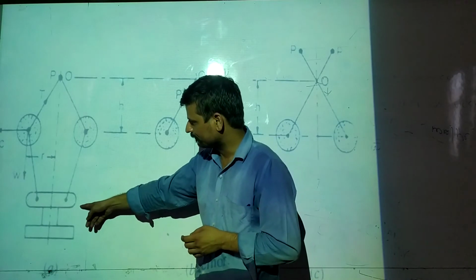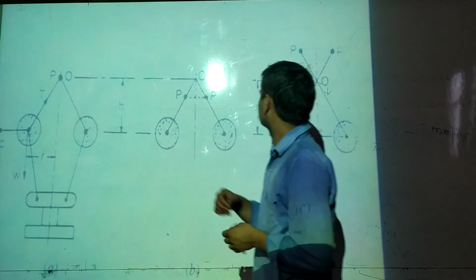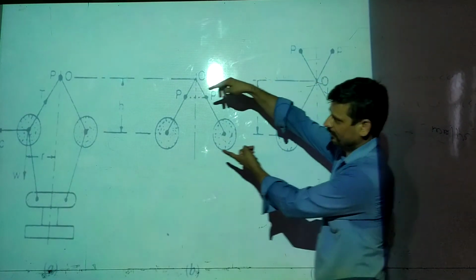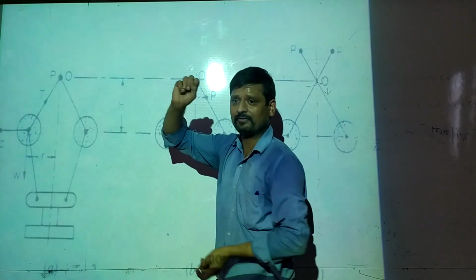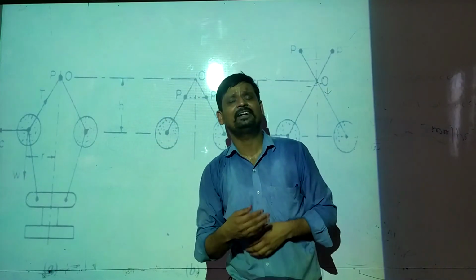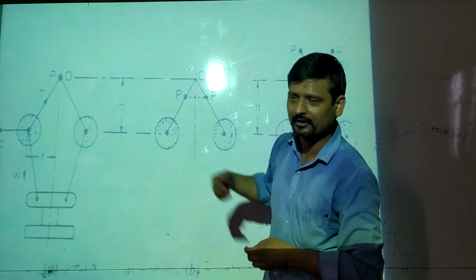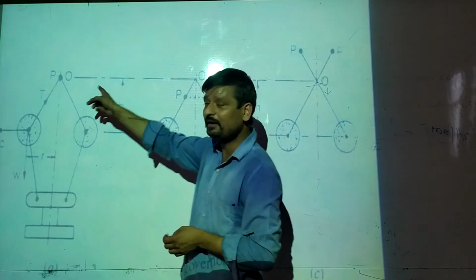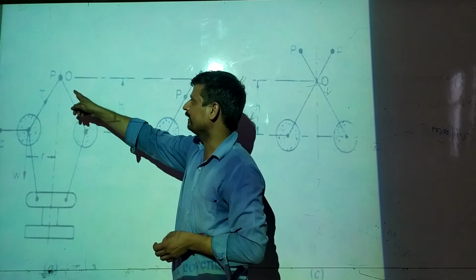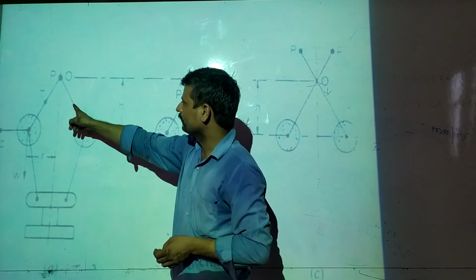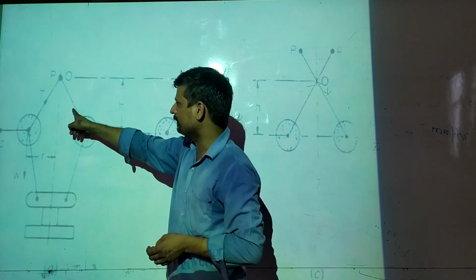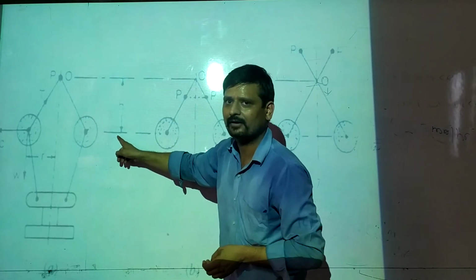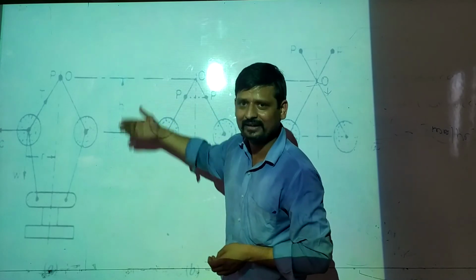This one is your sleeve, and this H is the height of a governor. So what is the height of a governor? It is again one of the terminologies of a mechanical governor or Watt governor. Height of a governor is a vertical distance. Remember, it is the vertical distance between the intersection point of the arm and spindle axis to the center point of a fly ball. So it is a vertical distance.